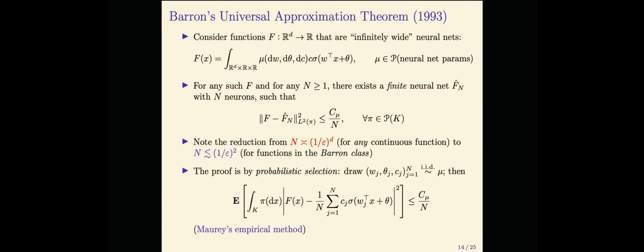right? So F looks like this, but Fn hat is finite, has n neurons, and you can approximate it by Fn hat, where the approximation error squared scales as 1 over n. And notice that this gives you the reduction from this exponential growth that applies for continuous functions to something that looks like this. So squared in 1 over epsilon for functions in the so-called Barron class. So Barron class is a class of functions that really have